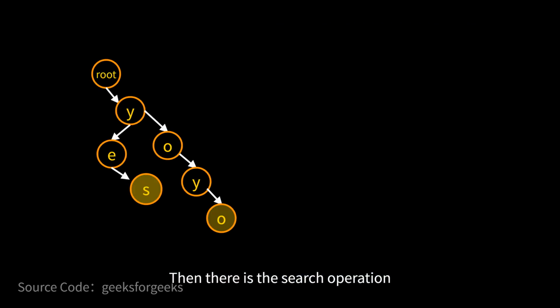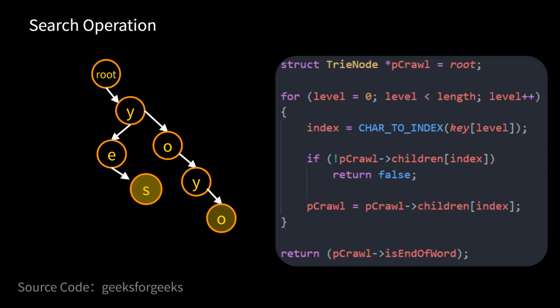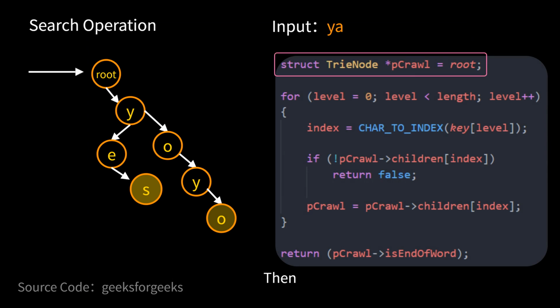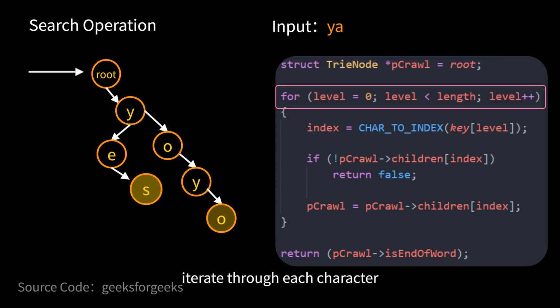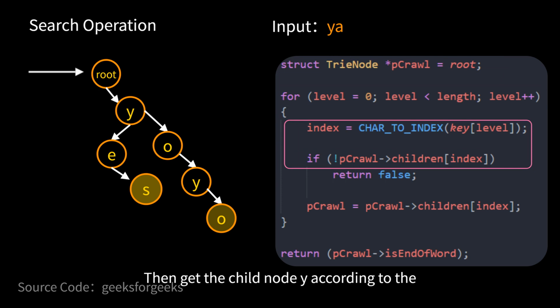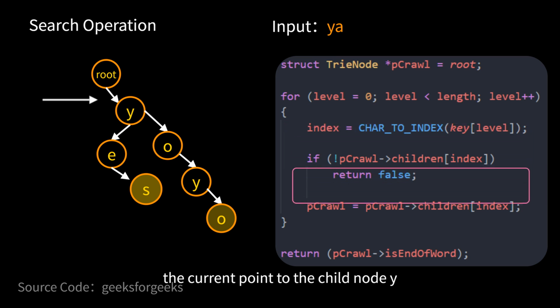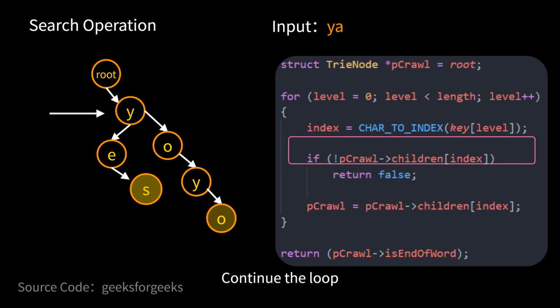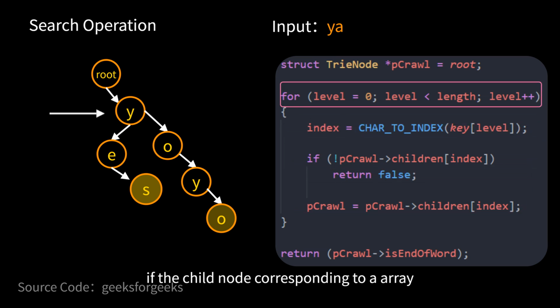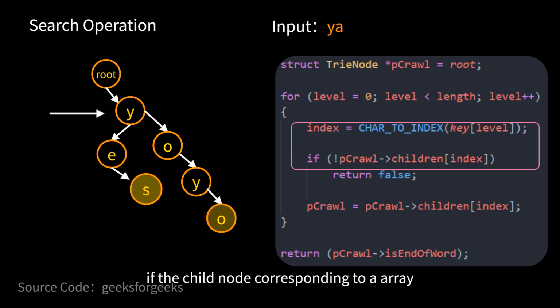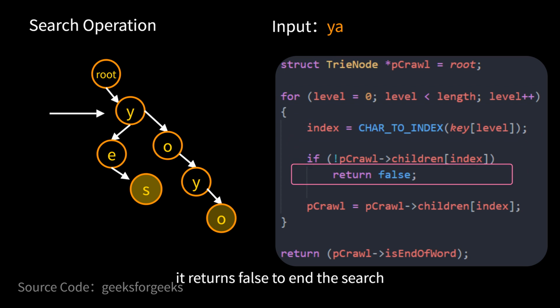Then there is the search operation. Now, first input YA, starting from the root node. Then iterate through each character. Then get the child node Y according to the index. It is sure to exist. Then the current pointer points to the child node Y. Continue the loop. If the child node corresponding to an array index does not exist, it returns false to end the